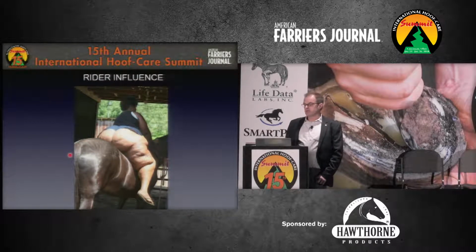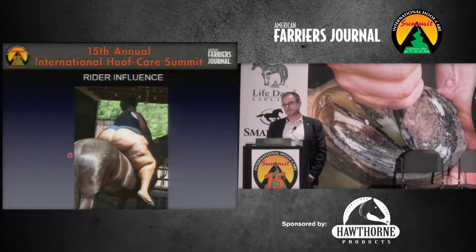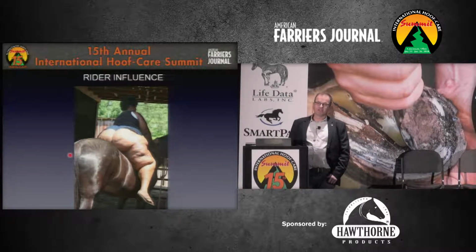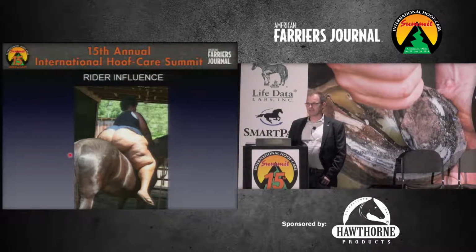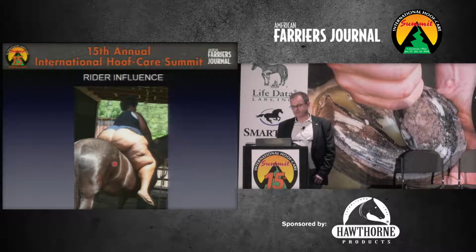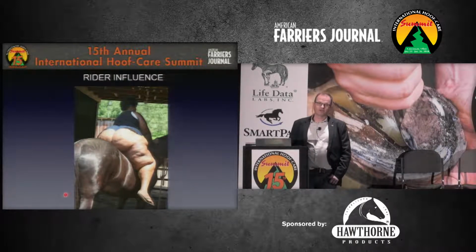So this is one of the factors in the UK that it's a big problem. I mean, a big problem. So rider influence, we see it's a sensitive subject, but I certainly see a lot of overweight riders on horses. Probably not as big as this one, but